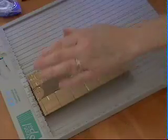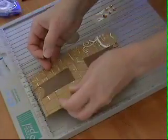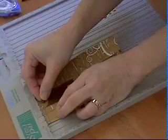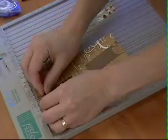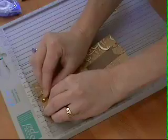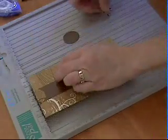And then we're going to take 2 large gems that come in your kit. We're going to put that right in the center. That's going to be your closure, look like a closure on a purse. Let's see, these come with a little adhesive already on them, and you just want to place that right in the middle